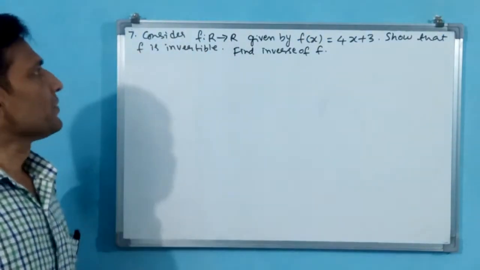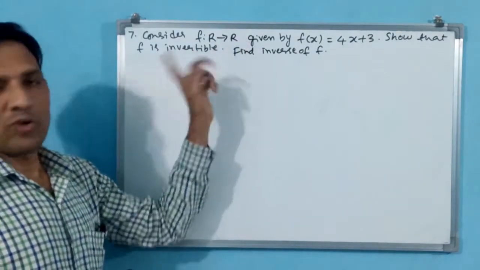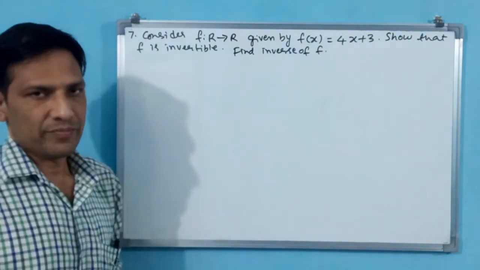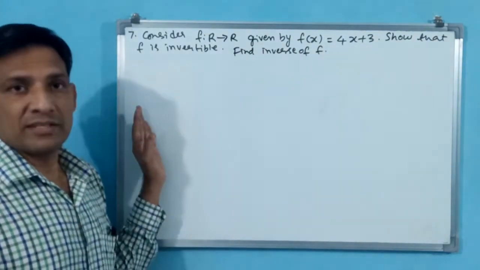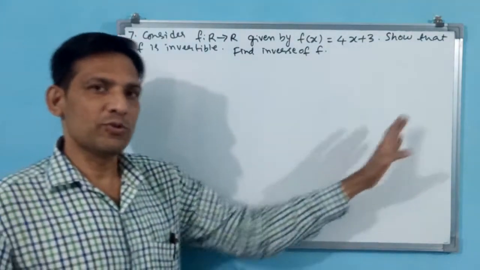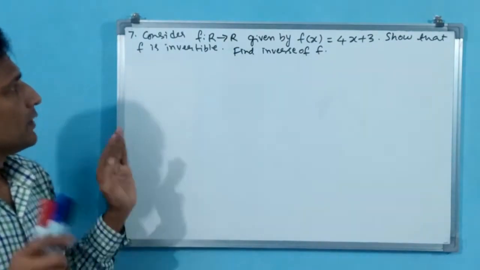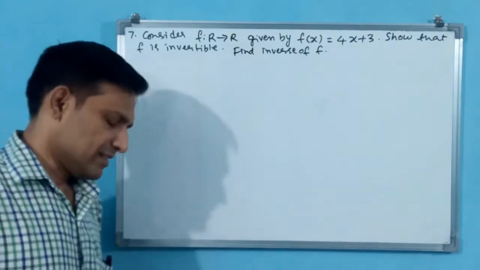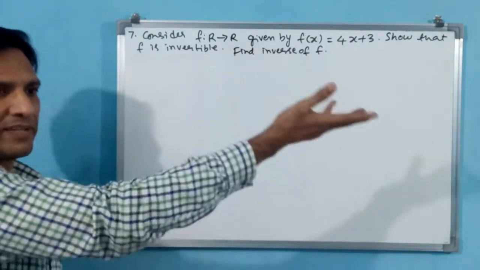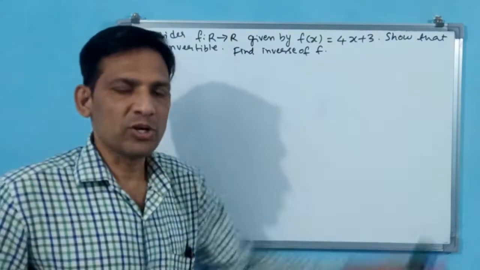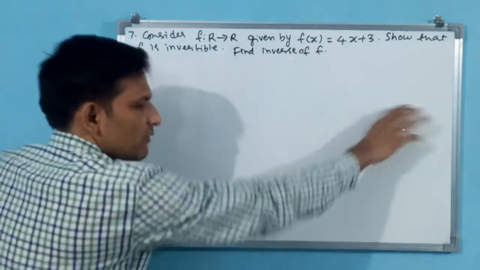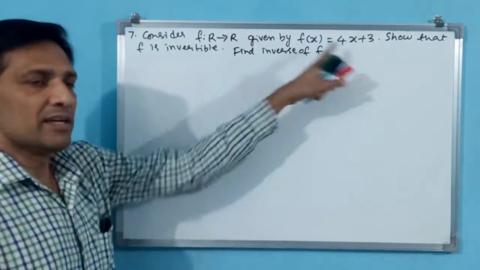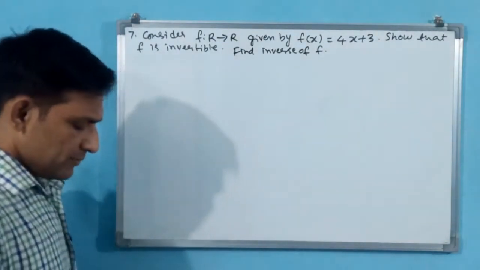See the seventh problem. Consider f from R to R, real number to real number function. Function is f of x is equal to 4x plus 3. Show that f is invertible. That means GOF is equal to x, FOG is equal to y, you have to show. If you show, then this is invertible. Then find the inverse. What is the inverse? G is the inverse. Before that, you find y and fx and gy. Fx is already given. Gy also you have to find. Gy if you find, you keep that aside and we will see FOG, GOF both. If both have come, GOF has come x, FOG has come y, then G is the inverse, like we will write. Let us do that problem.